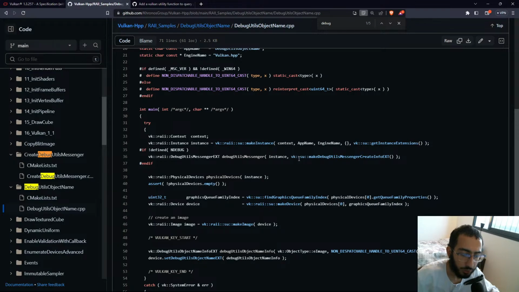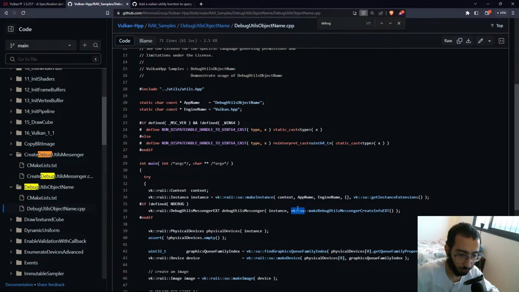There you go. So it's using a vk::su right here, and when I was first reading through these examples, I found it very, very confusing. There's no comment on what is su, where is it coming from, etc. But luckily I found it out. And by the way, just a little trick, don't tell anyone. If you are on a GitHub repo, you can actually press